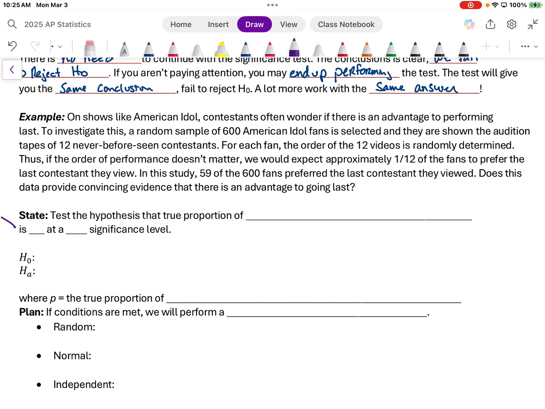Okay. So as we start the process, in our statement phase, we're going to test the hypothesis that the true proportion of American Idol fans